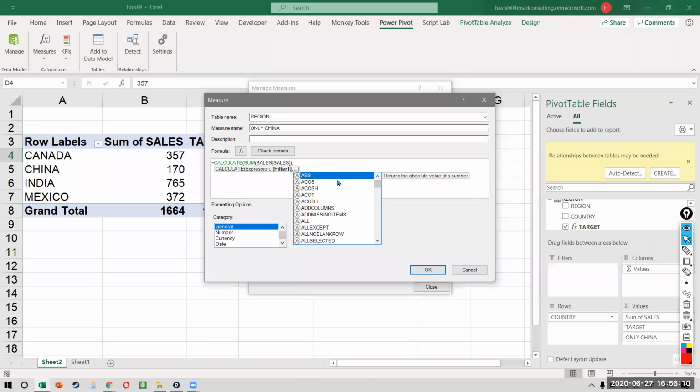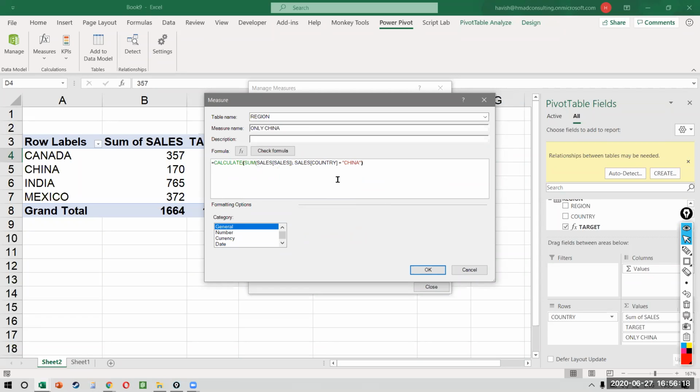I want to say that my country is equal to China. So that means that the sales will be calculated only for one country, which is China, right? Or for example, if you want to find an or, you want to say it is either China or something else, then you can give an operator as well, right? I won't get into that right now, but this is the basic idea. I hope that is clear now.